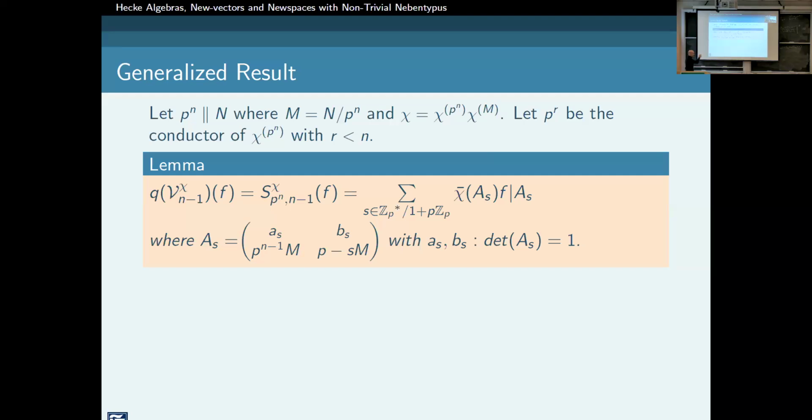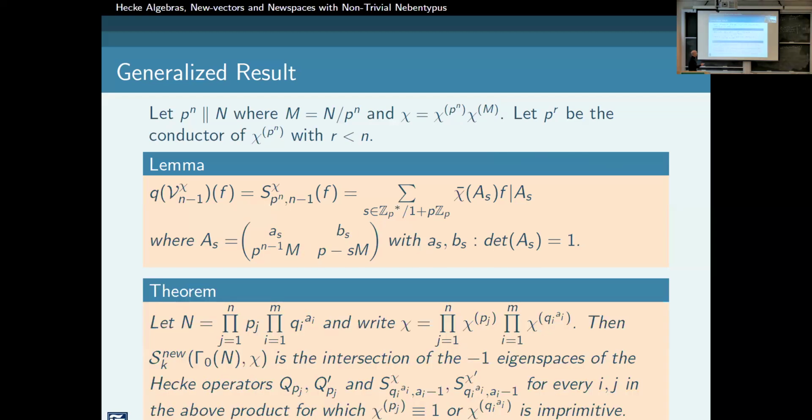Then if you de-idealize this thing, you get this Hecke operator here. This thing here with some specific integer entries so that it satisfies determinant 1. And you can see from this that if you didn't work p-adically, I don't know how you would be able to obtain this just classically. It's very specific. But if we use this now, then we can generalize Baruch and Pourquet's result to the case where the character is now non-trivial.